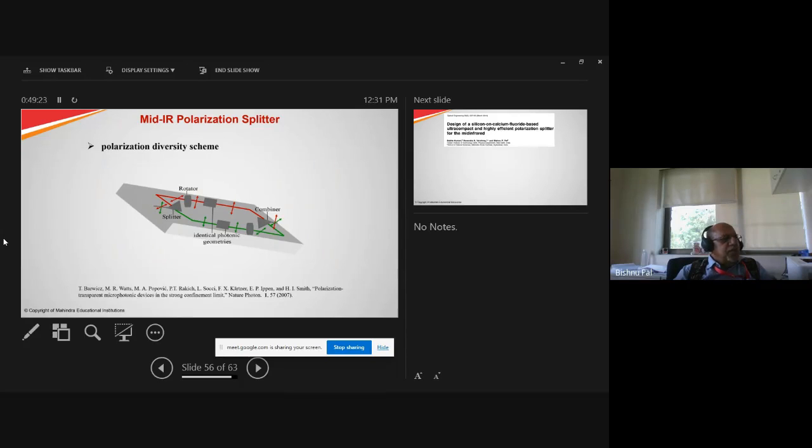Finally, we did some of the components which are required in silicon integrated photonics, because silicon-based integrated optics is a high refractive index, high refractive contrast medium. So I'm close to 1 hour. So a polarization diversity scheme has been proposed to get over the polarization problem, because in waveguide theory, if